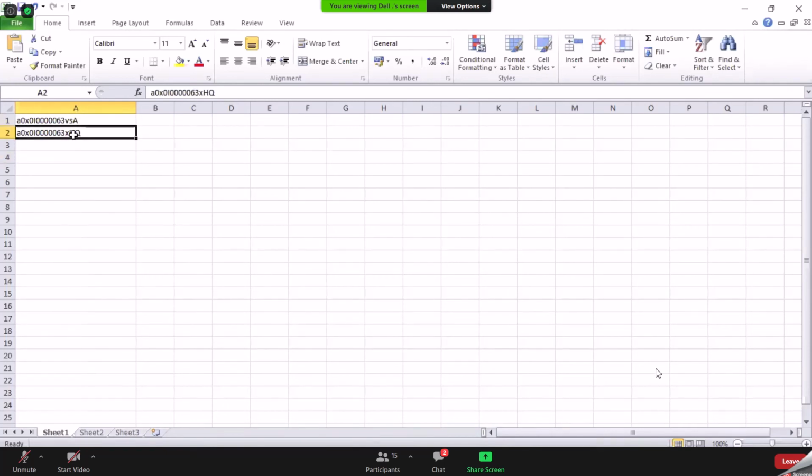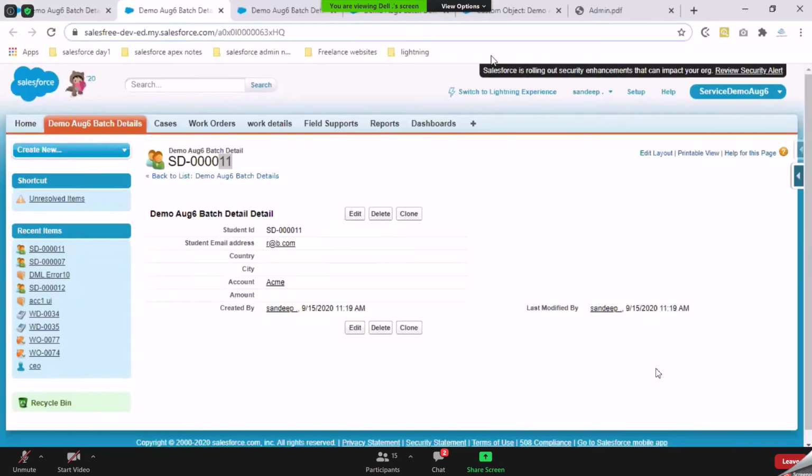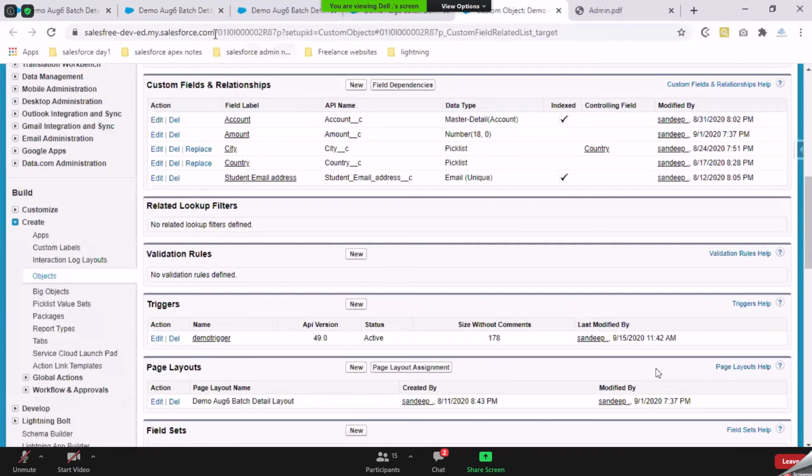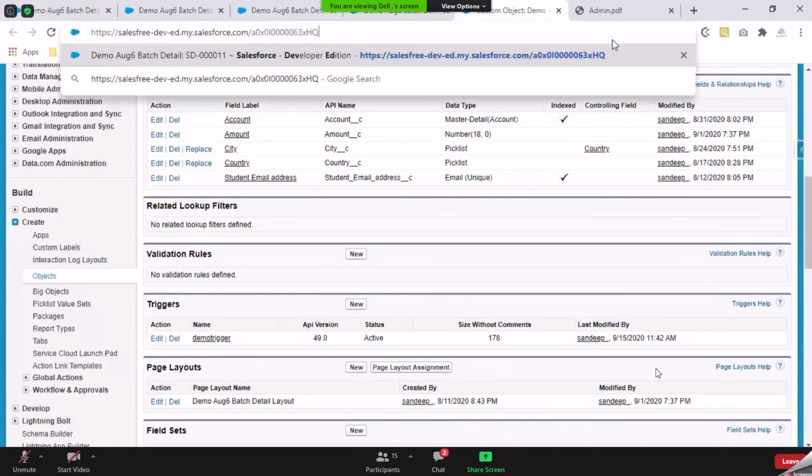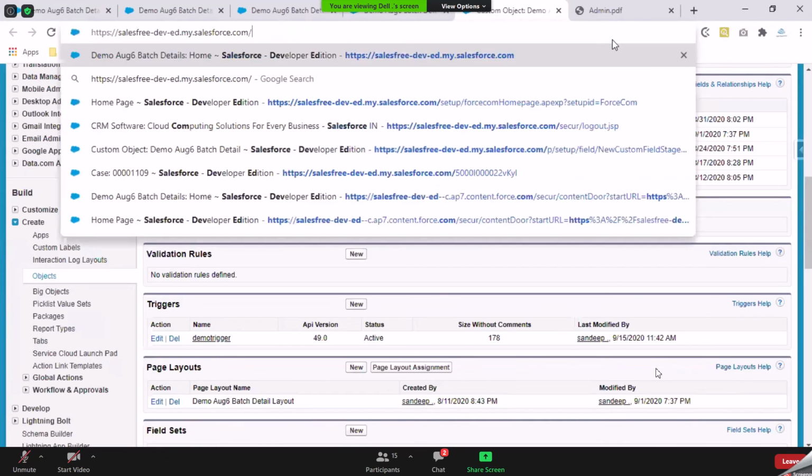So now, if you ask me how exactly this ID will be helpful in Salesforce: if you have a unique ID for a given record, all you can do is open that record without knowing the auto number or without searching for the details. How can you do that? I would repeat, if you have an ID handy for a given record, irrespective of what object record it is, all you can do is